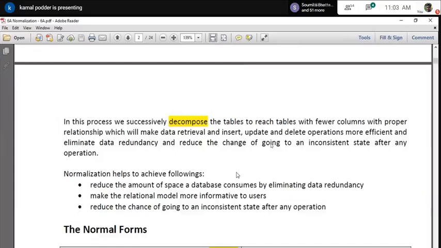Maybe for your student record, you can think that there should be only one table for the student, but ultimately, if you really want to avoid all these types of anomalies during the operation of the database, then you can think that it should be divided. All this information should be divided into 3 tables or 4 tables. Then you should do that. Actually, how many tables and how to divide, all those things are basically guided with the help of the normalization process. And we'll discuss those things one by one.